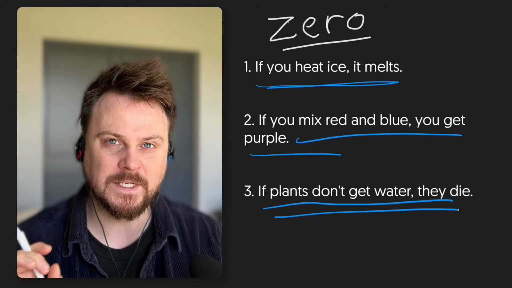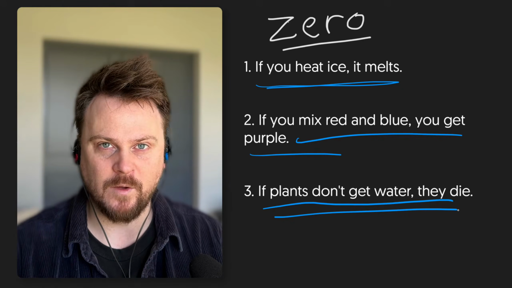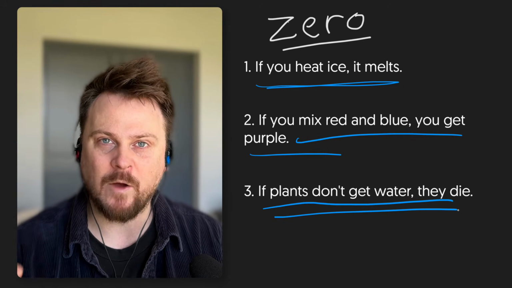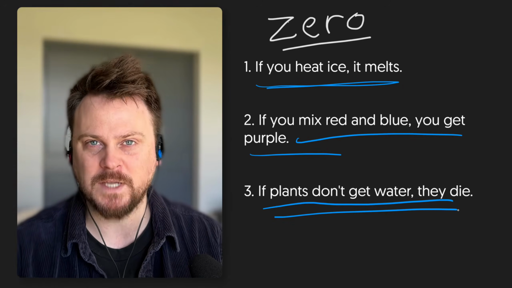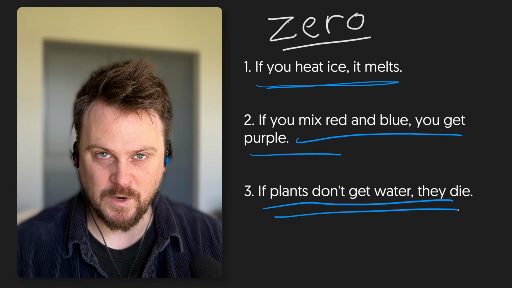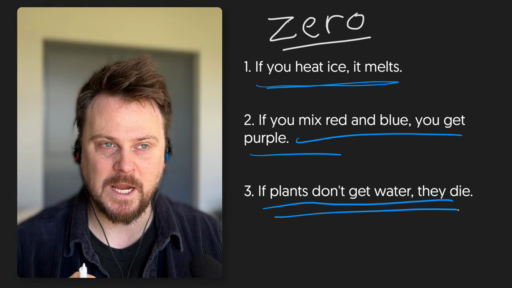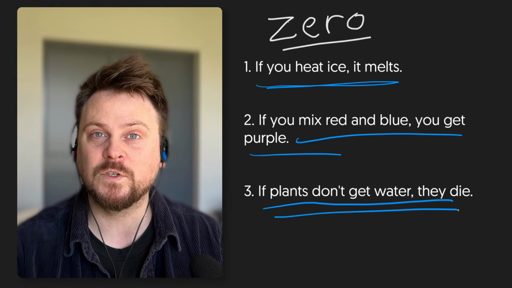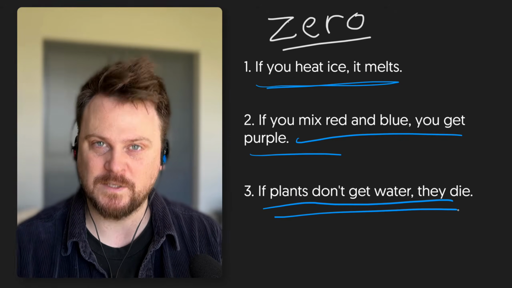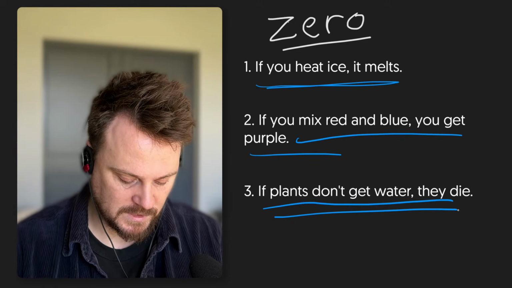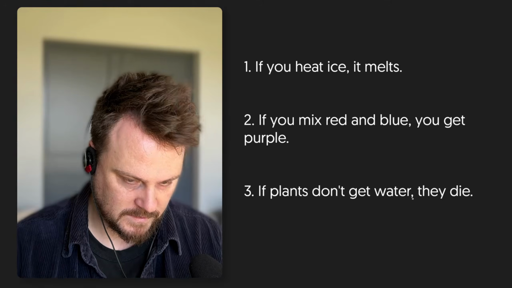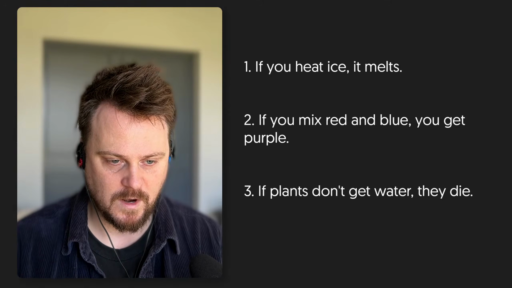Try to think of a few examples. You can write them down in the comments. You can think of them in your mind. But now, right now, try to think of a couple of examples of the 0 conditional. Okay? Again, it's certainty. Think of these as going from most certain to kind of least certain or most hypothetical. Okay? Now let's go on to our next example.